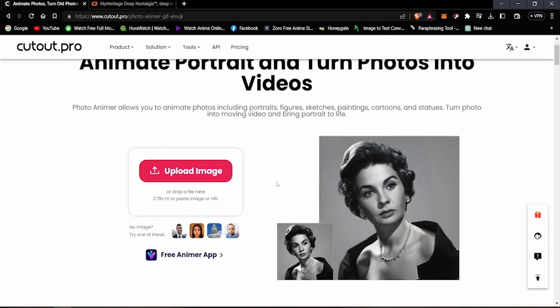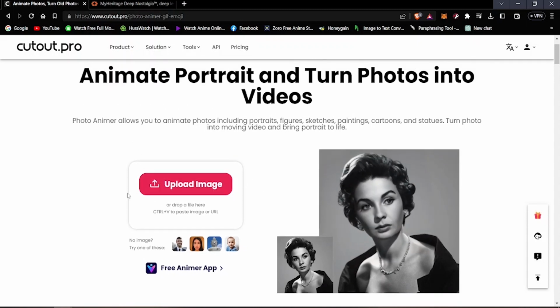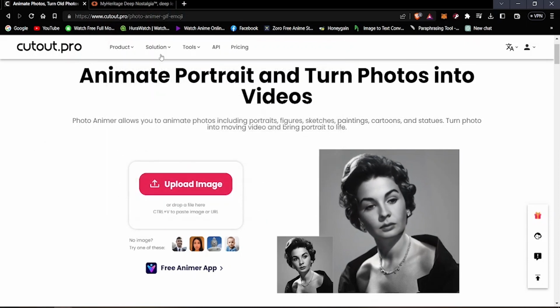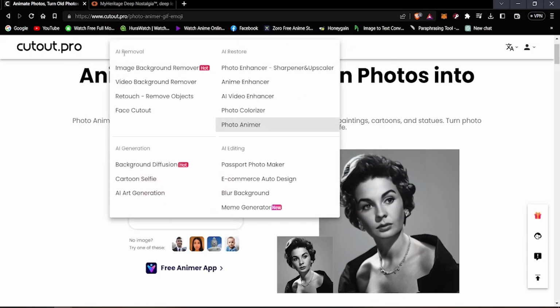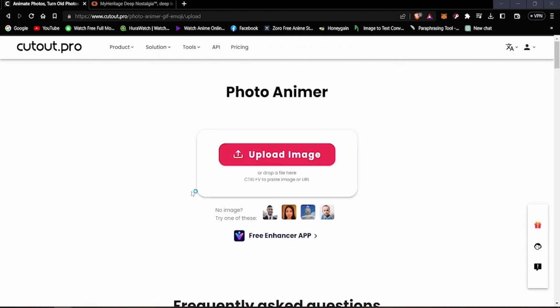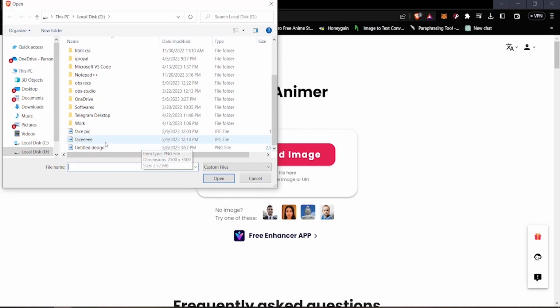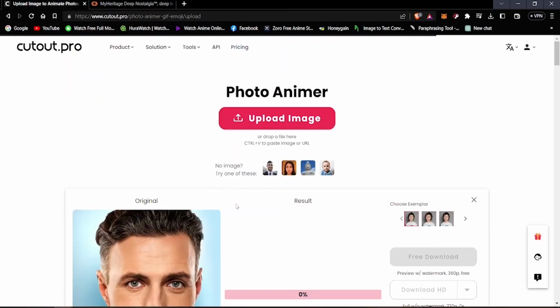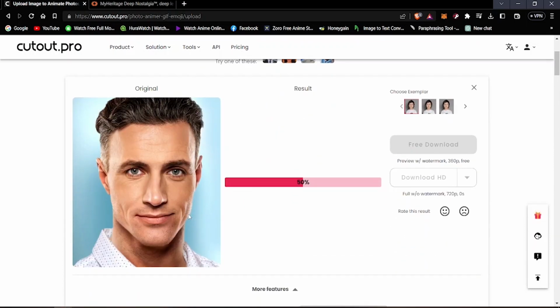So I'm just going to show you how you can actually animate your photos. If you go to cutoutpro.pro, you will find this product drop down bar here, and you're going to go to Photo Animer and you'll find this window right here. After you come to this window, you can simply upload your picture. Just click on upload image, and then they're going to ask you to upload an image. You can just upload one from your desktop, and then they're going to animate your picture